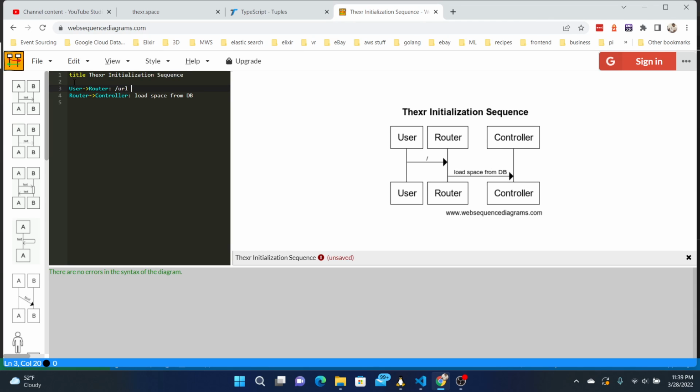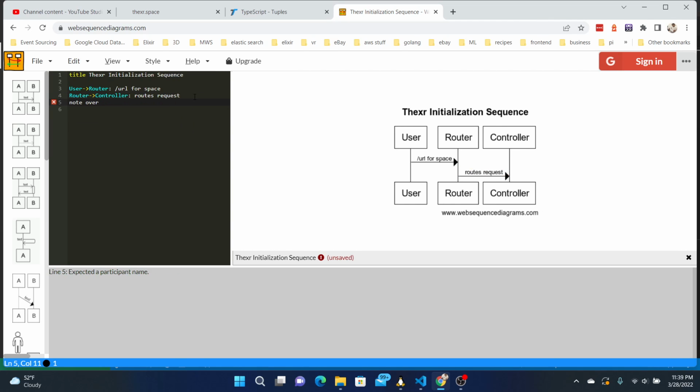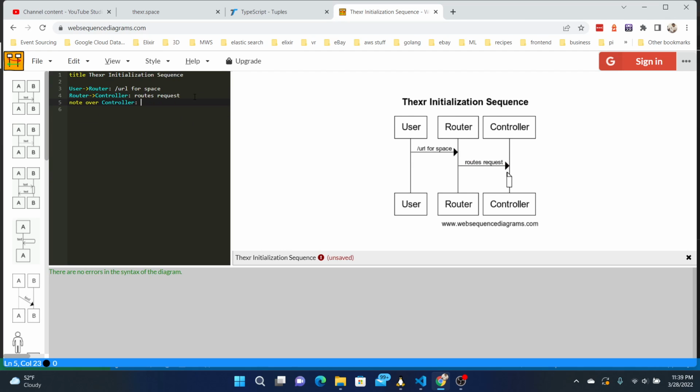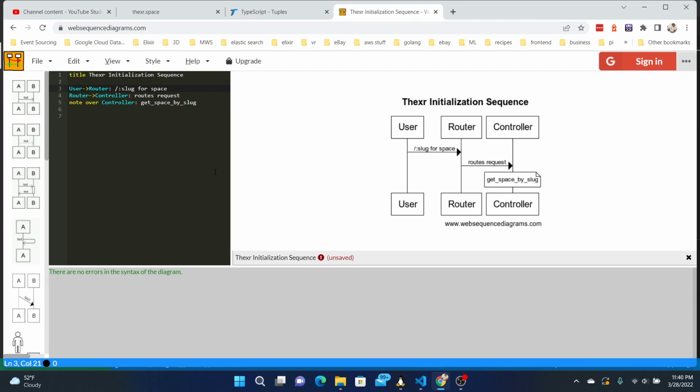That's the URL for space, and I guess this just routes the request, and then a note over controller can be: you're doing get space by slug. So this is kind of like the slug. Okay, so the user visits a URL /slug for a space, goes to the router, and routes the request to the space